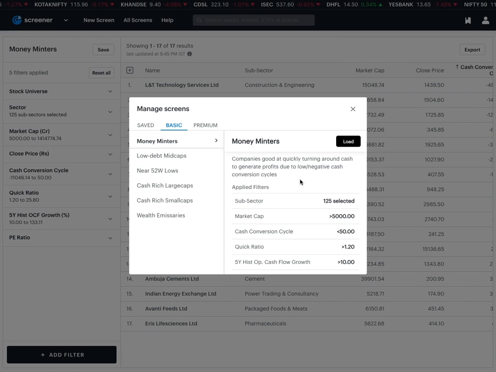So that's a very simple explanation, but think of it in a way where, let's say I am a company and I have a few suppliers and I have a few customers, right? So I have to pay the suppliers and I have to take money from the customers for whatever goods I'm selling to them. The cash conversion cycle is the difference between when I pay to the supplier and when I receive from the customer. If it's negative, means I'm getting money first from the customer and then later I'm paying to my supplier. This is obviously a desirable thing because I'm getting money in advance and then I'm paying, let's say, in a lagged manner to my supplier.